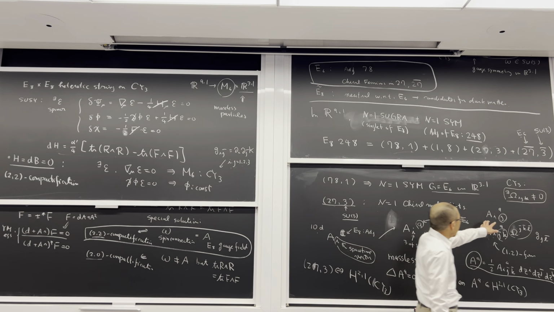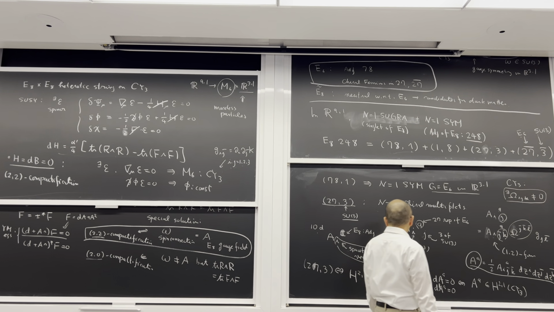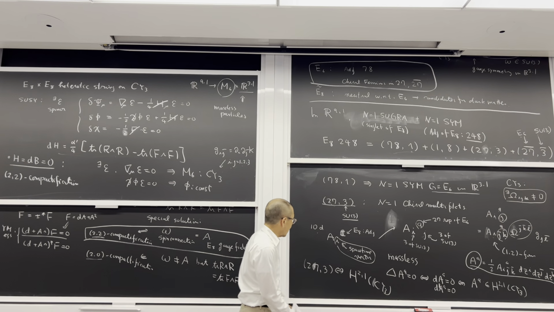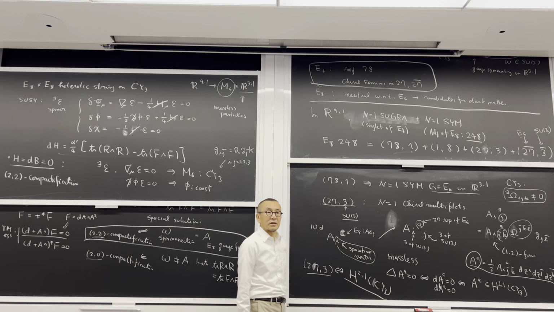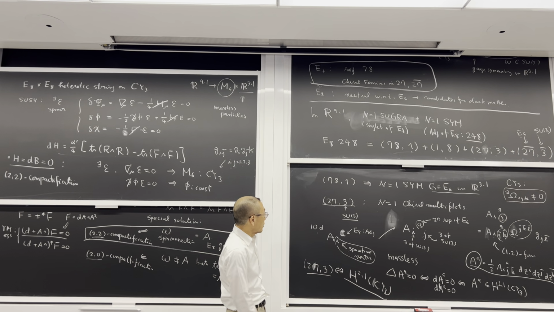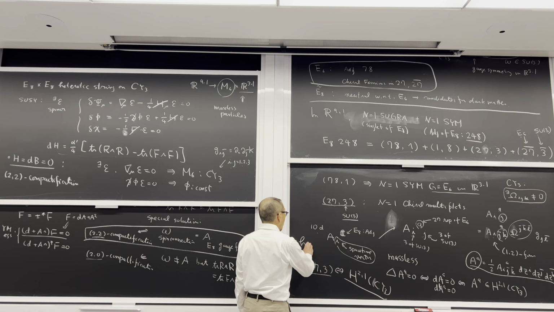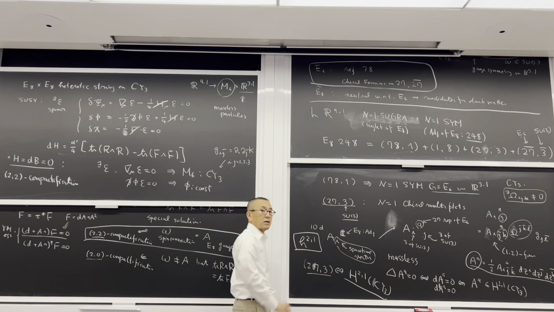So you have this combination, and in addition you have the E6 27 representation. For each one of them, there is an element of H^{2,1}. That was what I showed here. So if you count this, you can count the number of them. Therefore, the number of massless particles in this representation is given by this Hodge number.